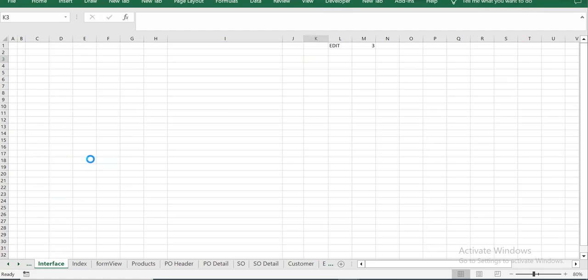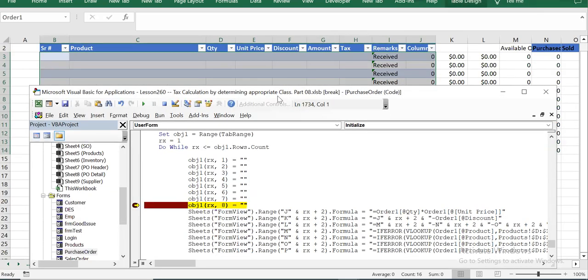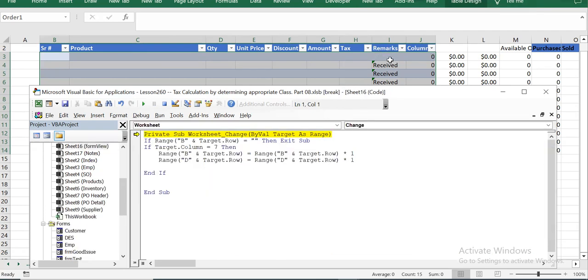Let's see if it is working or not. Right. As you see, these received remarks are written in here, and that is causing this to be displayed. So all these are blank, but these are not blank. Now column 8 is going to be removed. Let's press F8 here. You will see it